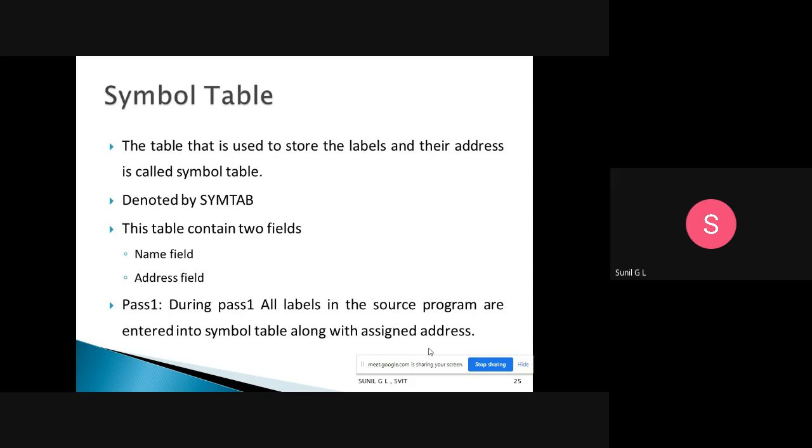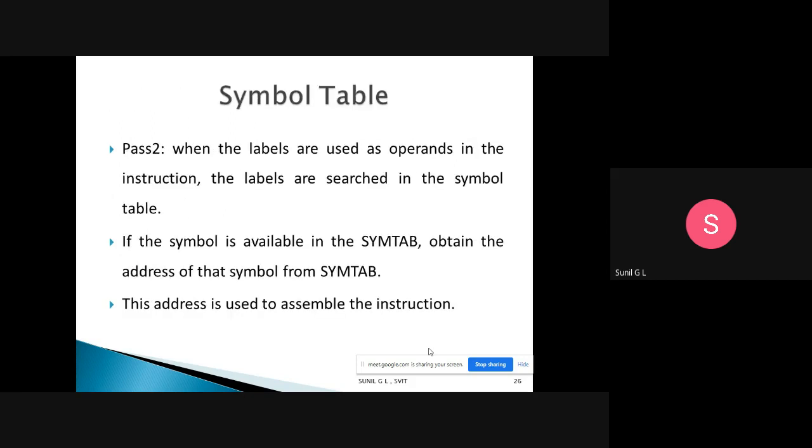If you find 5 labels, all 5 labels are copied to the symbol table with their corresponding addresses during pass one. In pass two, when labels are used as operands in an instruction, the labels are searched in the symbol table.